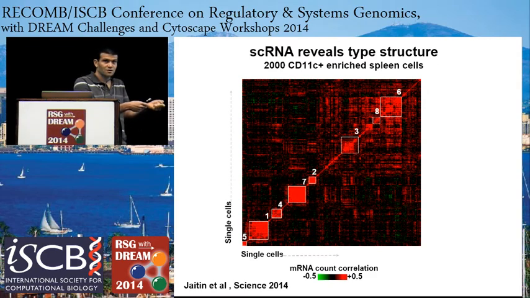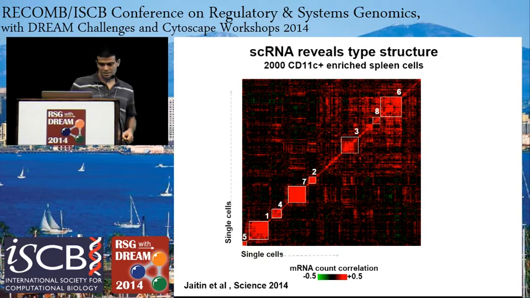unbiased fashion, without assuming anything or minimally assuming something about their behavior, and then assemble them into groups or define the cell state space in an unbiased fashion, so you can discover cell types in a very native and natural way. And of course, you can also discover internal structure within the cell type structures. So what you indeed see here are beautiful clusters within this splenic population that represent cell states that are highly